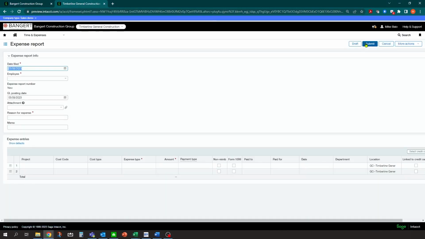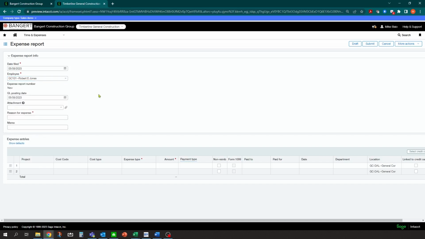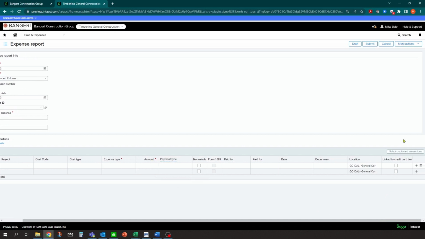When the user is entering in the expense reports for the corporate credit cards, when they get down to the bottom here, let's put in Robert Jones, for example. And down at the bottom here, you'll notice there's a new button over on the right called Select Credit Card Transactions. So in the past, you'd have to key in the information here manually.